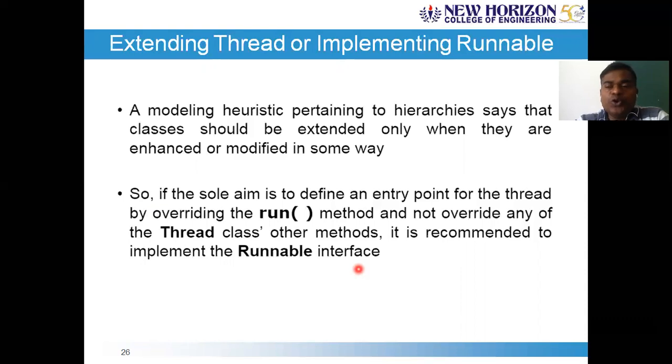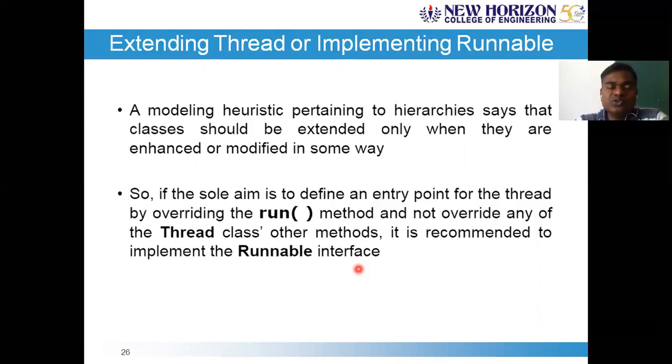Suppose you don't want to override any of the methods of the Thread class, go for the technique of implementing the runnable interface. If you want to change anything with respect to existing methods of the Thread class, then go for the creation of the thread using the other technique, that is extending the Thread.